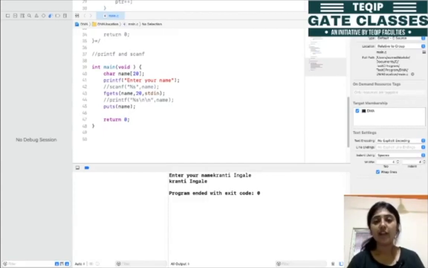In order to handle this, there are the gets and puts functions. The gets function reads the multi-word data, and the puts function is used to put the data on the console. More specifically we can use the fgets function, because for some compilers you may get a warning that using gets is unsafe, because there is a chance the user will enter a string length greater than the specified size,